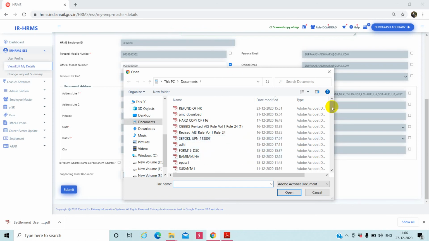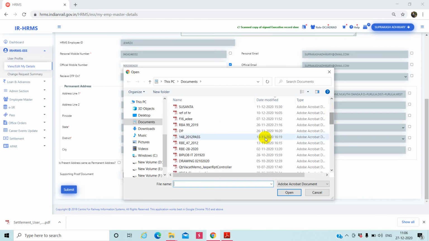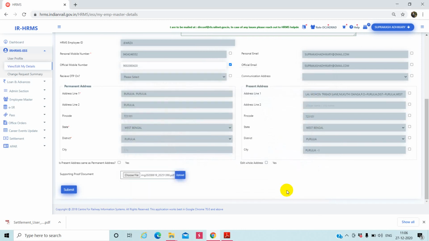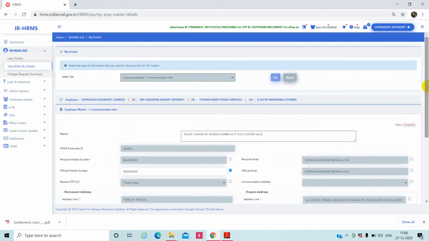So I am uploading a file requesting the change of mobile number. Okay, and suppose I am uploading this file for change of the mobile number, and this file is uploaded, and I simply submit the same by clicking on the submit button, and the request will go to the concerned dealing clerk, and concerned dealing clerk will verify, and if your request is genuine and valid, then dealing clerk will accept your request, and